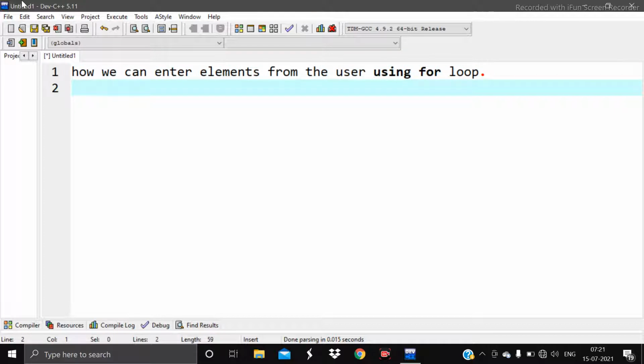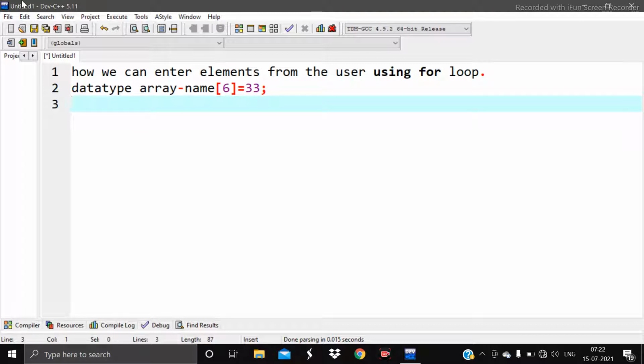Okay, if we want to declare a certain element in a fixed position of the array, that is a fixed index, we can declare it like this: first data type, then array name. It is the main syntax, and then the position of that index, that is sixth, or anything which you want, any position, is equal to, then you just have to write that particular value, for example 65 or any number that you want. Okay, in this video I will tell you something more.